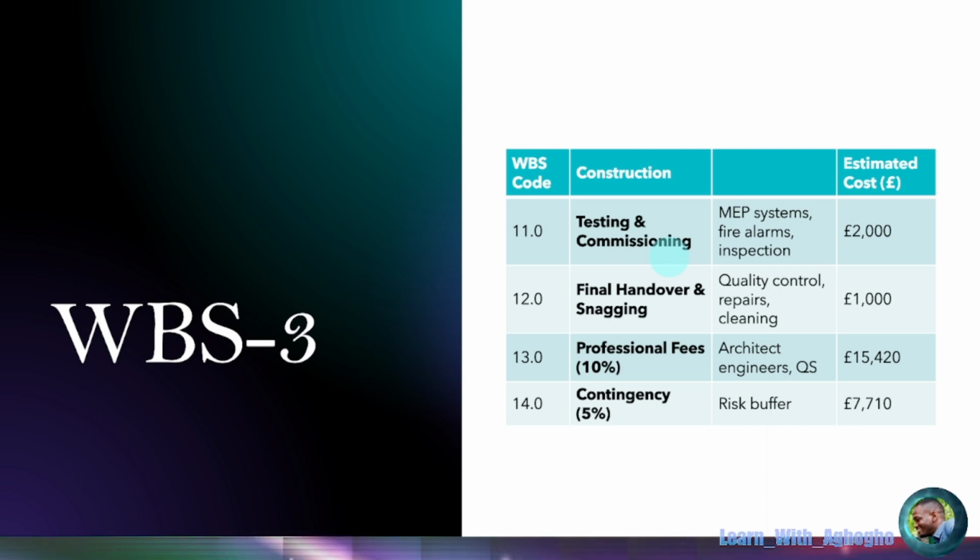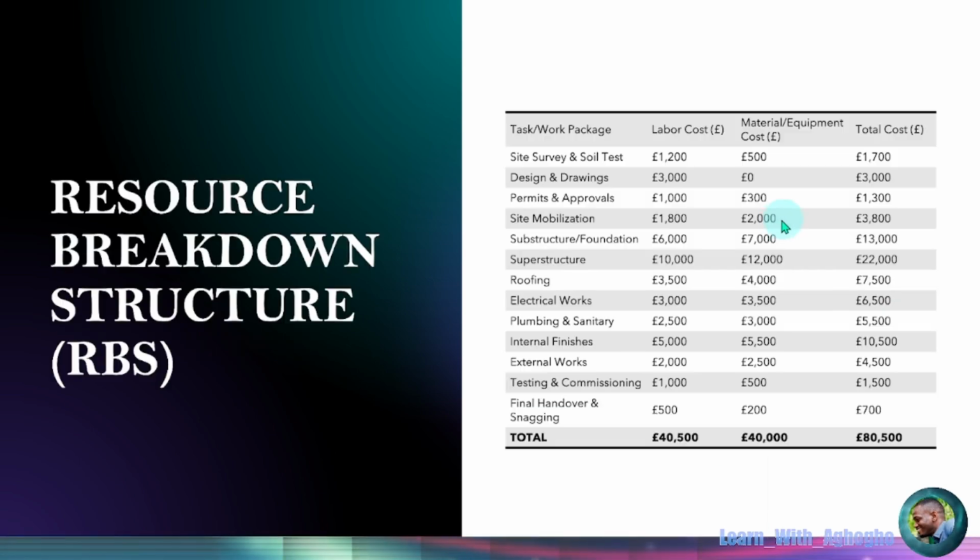Then we have our professional fee, 10%, contingency 5%. So this is the resource breakdown structure of these projects. It breaks down the resources in terms of the labor costs, material and equipment costs that are needed to execute this project. So on here, a simple